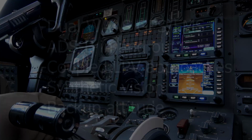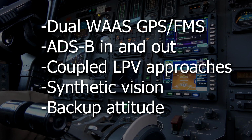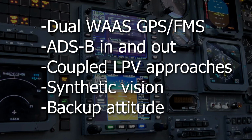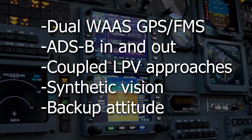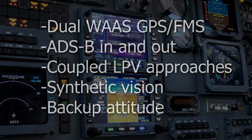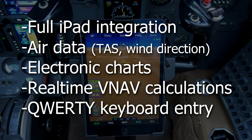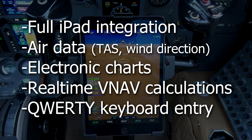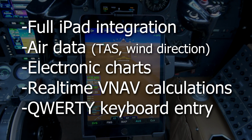First, some of the features of this installation. Dual WAAS GPSs and FMSs, so great redundancy. You're ADS-B in and out compliant. Coupled LPV approaches for your autopilot, synthetic vision, backup attitude. You've also got integration with your iPad, fully wirelessly, air data, well, that's true airspeed, wind direction, electronic charts, real-time